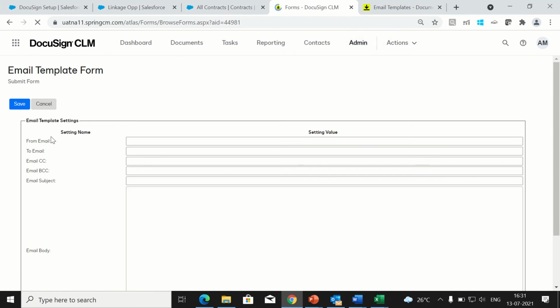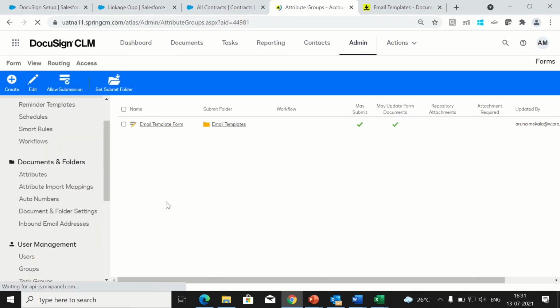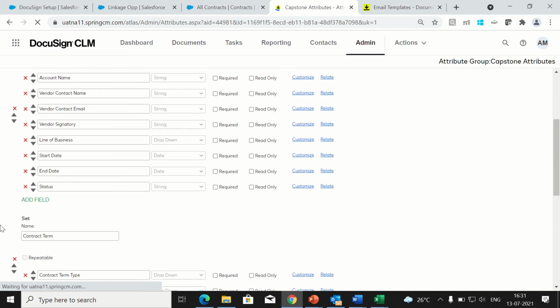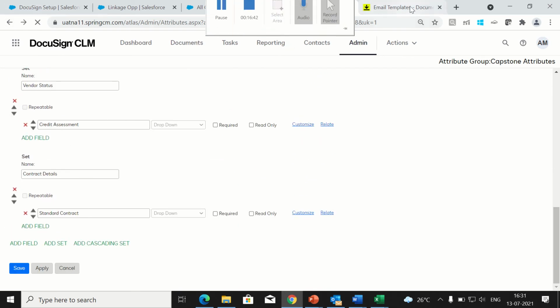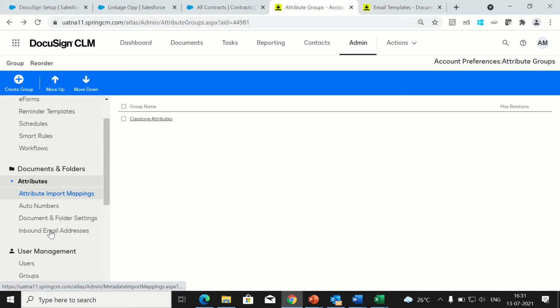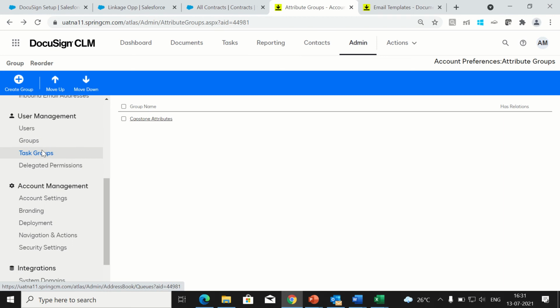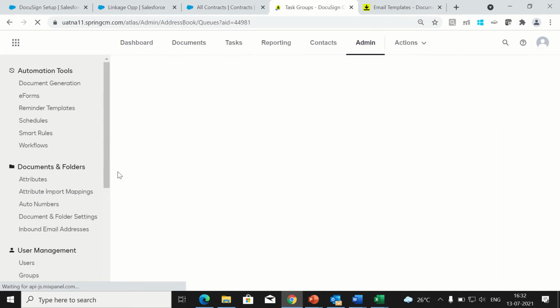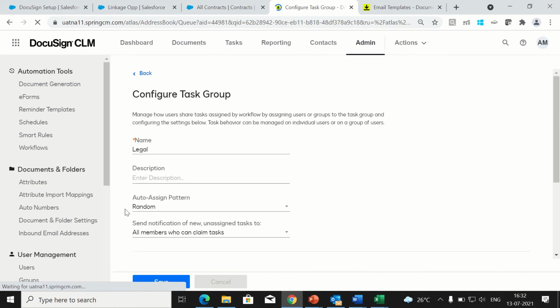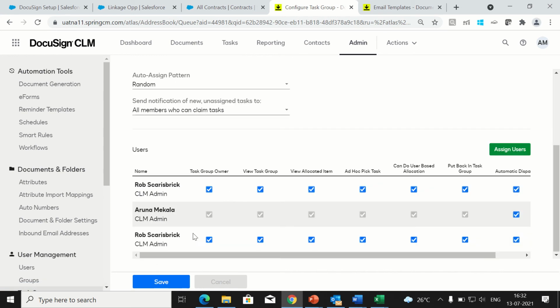Now I wanted to go to attributes. Just to show which attributes are being used, I used a capstone attributes one. It contains similar fields to whatever is present in the form, the same things I have used here. The attributes will be shown here. And after this, okay, the user task group. I said there will be a legal hub here. So here is the legal team, which will review the document and select which process needs to go next, and it will be assigned randomly, as I have given only 3 users for now, so it can be assigned to any one of these 3 persons.